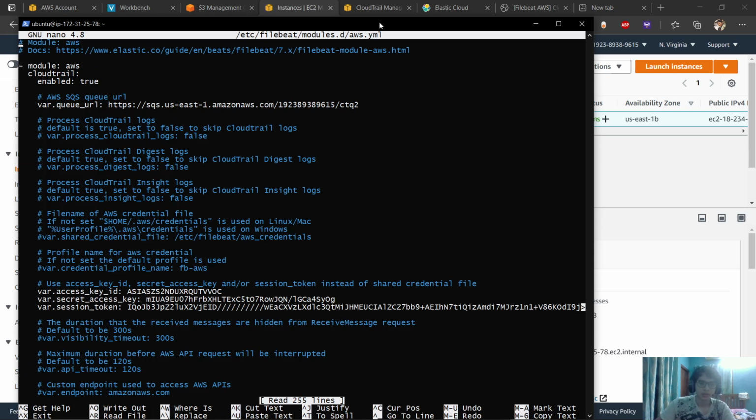Yeah. So this is the aws.yml file. You put in the queue information here. So this is the link to the queue and all your access information. This access information will change because mine is a student account, so it changes all the time, so it's okay. And so you have to put in your ID, your access key, and your session token, and you set